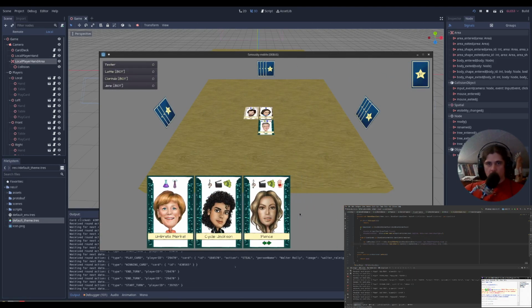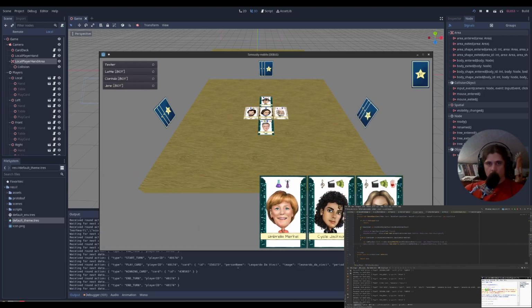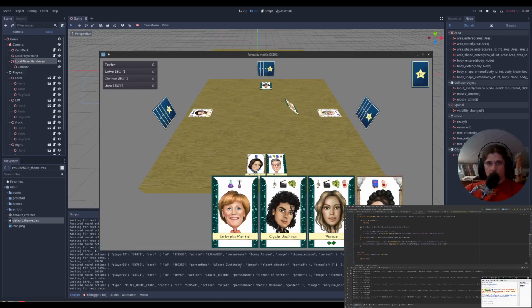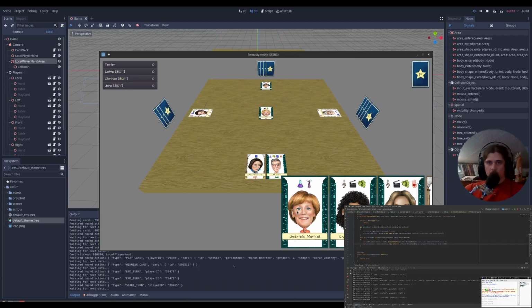Okay, it does something, but okay, so I'm moving this slightly and it moves by quite a bit because it's actually